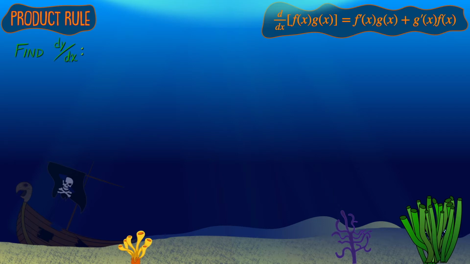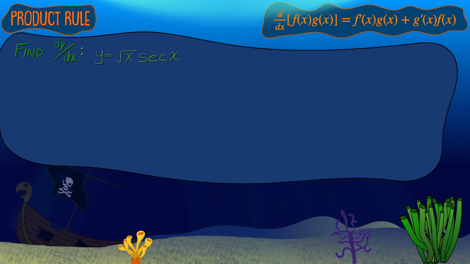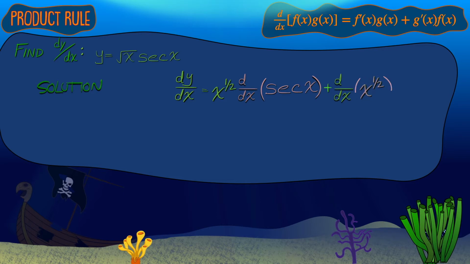Next, find dy dx. Now remember the derivative of y with respect to x, that's what dy dx is. And here we're given y equal to the square root of x times secant x. Again, we want to break this up into two different functions. Remember that we can write the square root of x as x to the 1/2. So we're going to write this as x to the 1/2, square root of x, times the derivative of secant x, plus the derivative of x to the 1/2